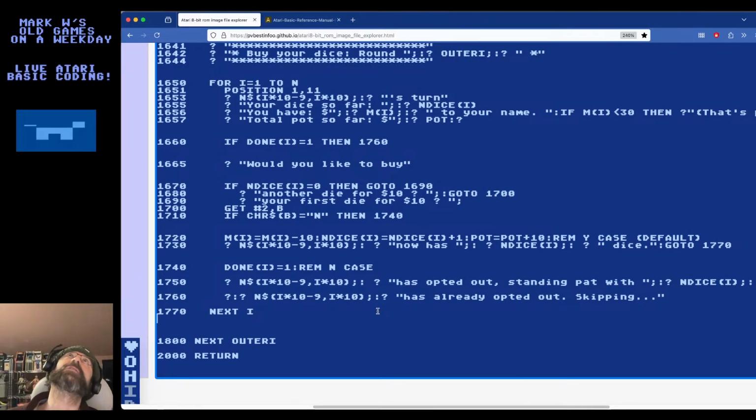So now what I can do is there's two options. I could make it look pretty enough that it's readable. Or I could just get right into the dice rolling. I think I would like it to at least be a little better looking. I have to think of how I want to do that. My thought was I could just go to position 1, 11, which was kind of the left-hand column, 11th line down, and just write, it's so-and-so's turn. Here's how many dice they have, etc. But I have to clear out that whole area, or that doesn't look good.